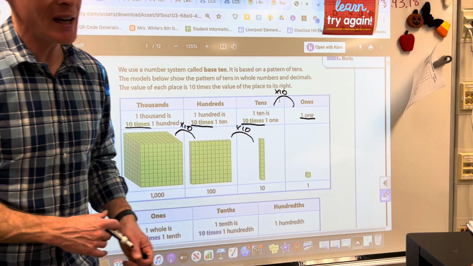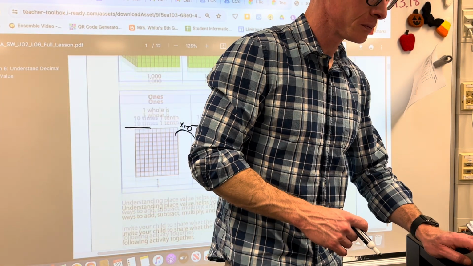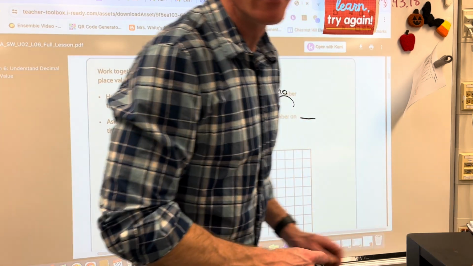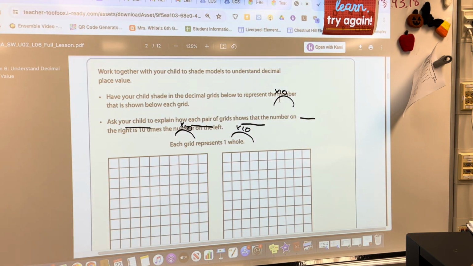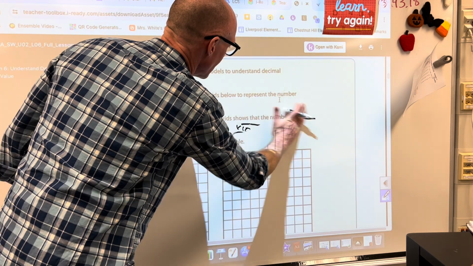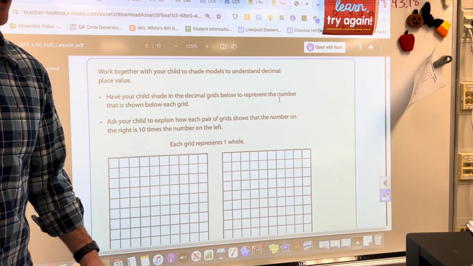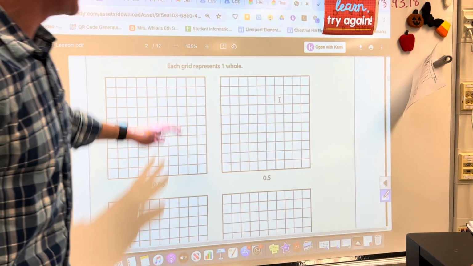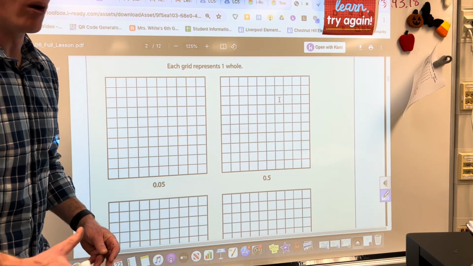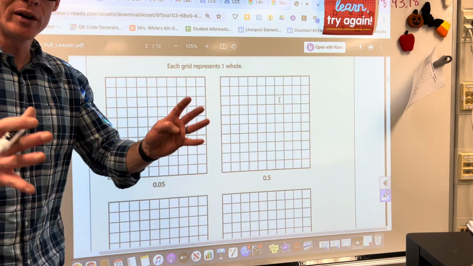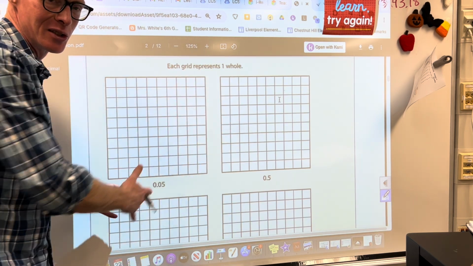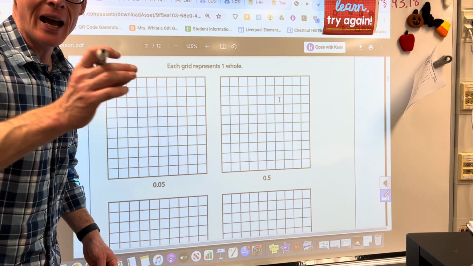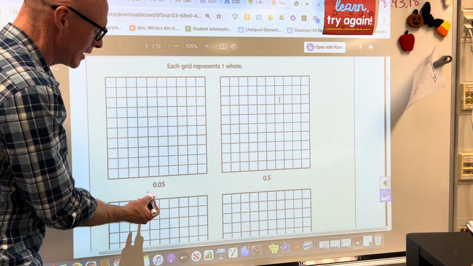So let's slide on down to page 120. And on 120, I'm going to ignore all this where it says work together stuff, and we're going to do it together. So it says each grid represents one whole. So imagine this is like one whole pizza. I know it's a square, but we get the idea. That is one whole, and it's asking us to shade in